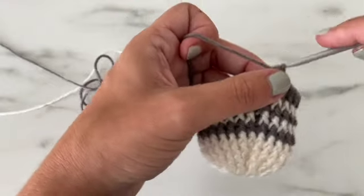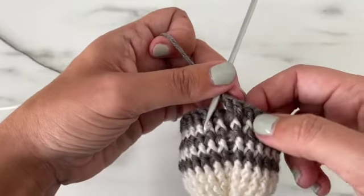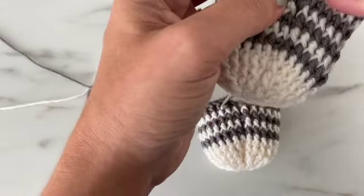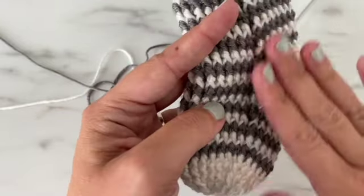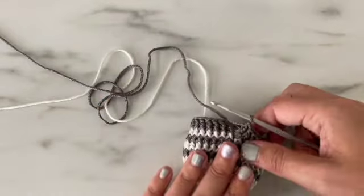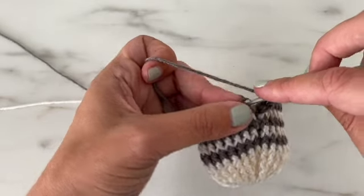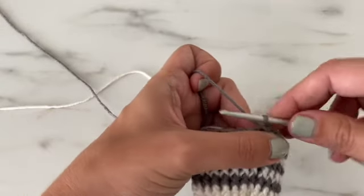This is definitely the hardest part of this pattern, just getting those stitch placements correct. And it's not the end of the world if you don't. Basically, this part will just look a little bit different, but it's on the inside of your sock. So not a huge deal, but if you want them to look like the ones in the pictures, that's how to get that look. Now I'm going to join with a slip stitch to the top of my beginning chain,